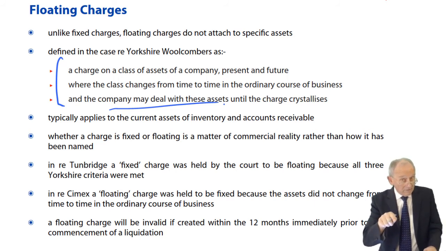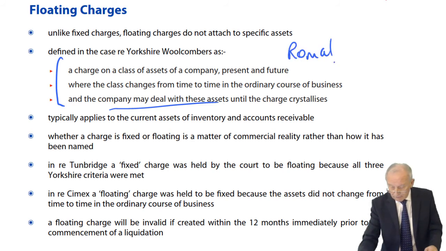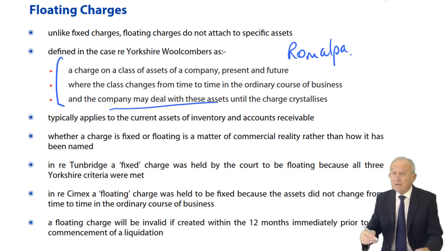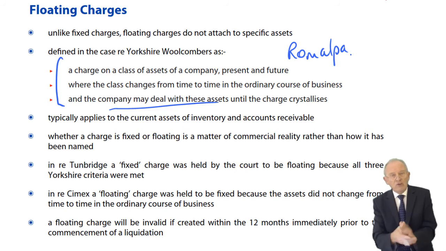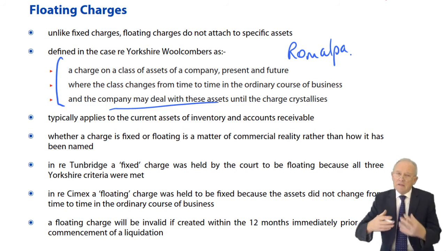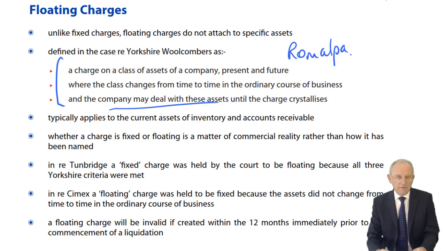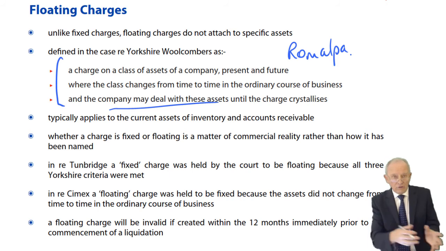It may not, because of what was called, do you remember the case Romalpa? The Romalpa clause. Romalpa and Aluminium Industry Vaassen, this Belgian company that retained title to their inventory until the inventory had been paid for. So even though this sticky mess comes down and traps the inventory, the liquidator comes along and says, I'll sell this inventory. And these Dutch people, these Belgian people come along and say, oh, no, you won't sell that inventory at all, that's ours. Or you can sell it, but the proceeds are ours, you pay our debt in full.